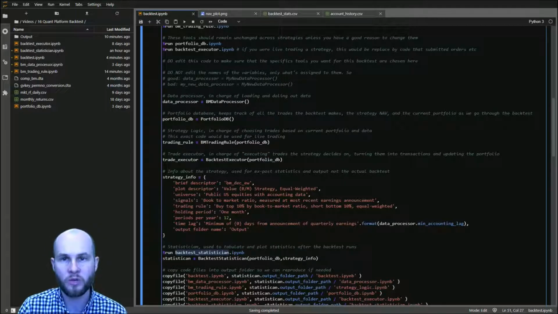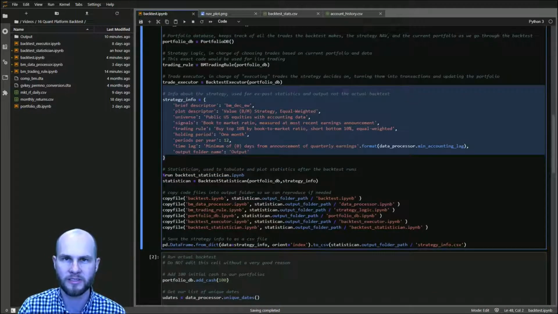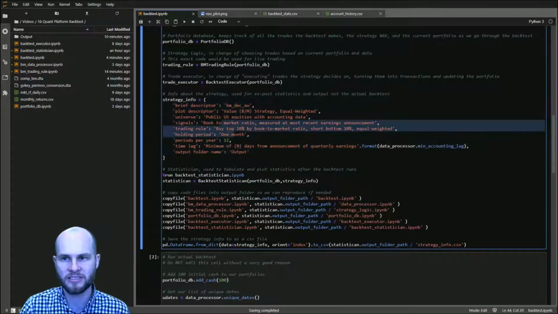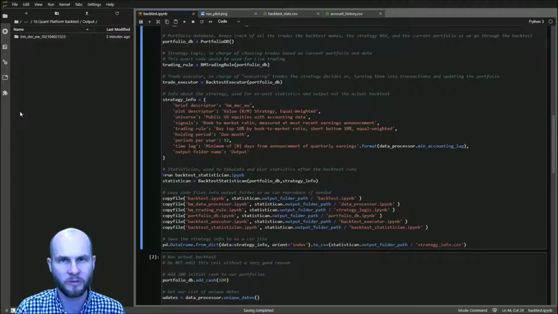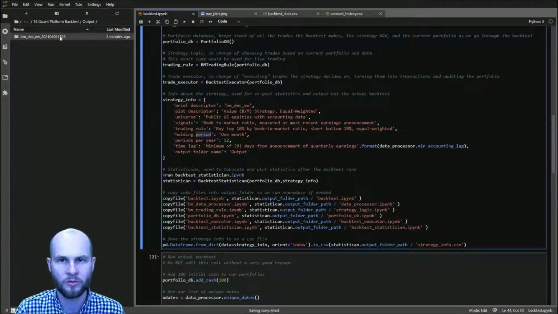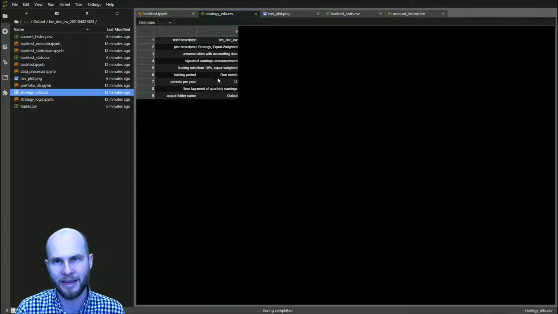The only thing you really want to change and be very sure is right every single time is this part here. Make sure you're explaining well what the strategy info is. Every time you do a backtest, you should change something about this because presumably you're changing something to make this thing run again. And this will let you keep track. If you go back to your output folder and you now have 20 folders in here, you'll be able to look one by one into strategy info and see, okay, yeah, that's the one time I did this